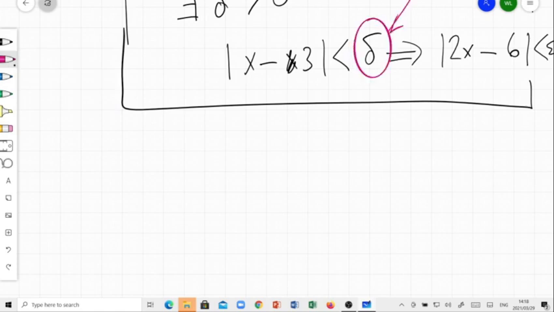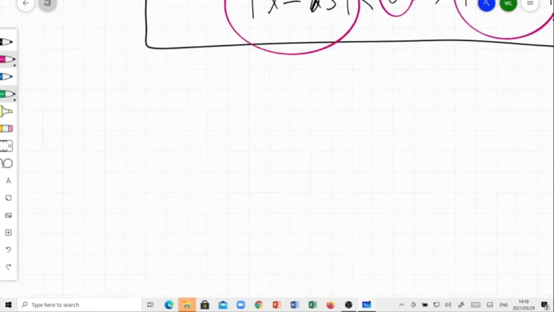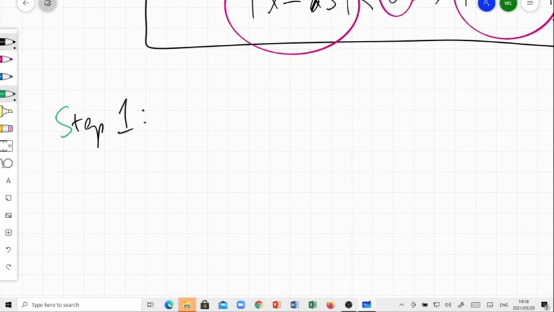delta. Okay? So the first thing is you see the distance between the y's and your proposed limit. You have to first of all write that guy. So this is the second distance in terms of the first distance, which is the distance between your axis and your point of approach 3. So you have to write your distance. So your step 1, in order for me to calculate the delta, I have to